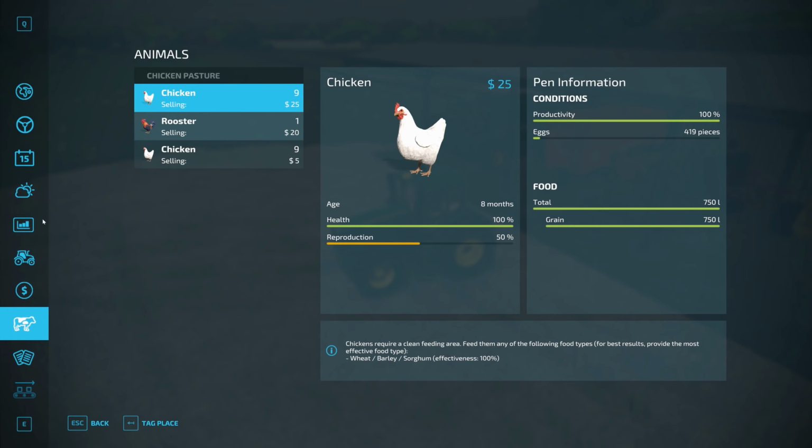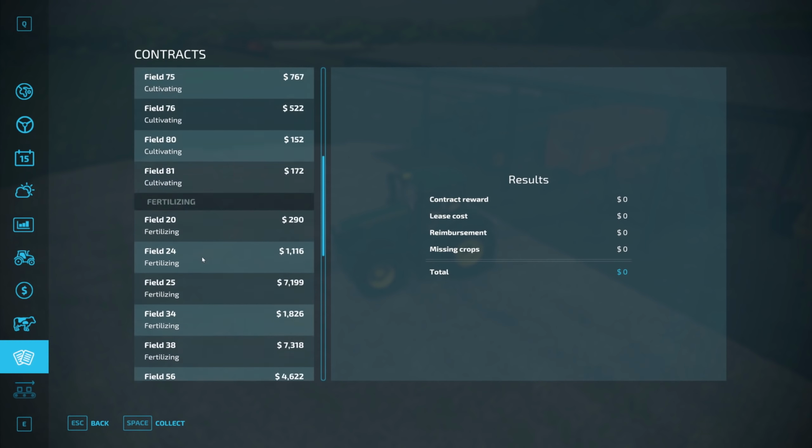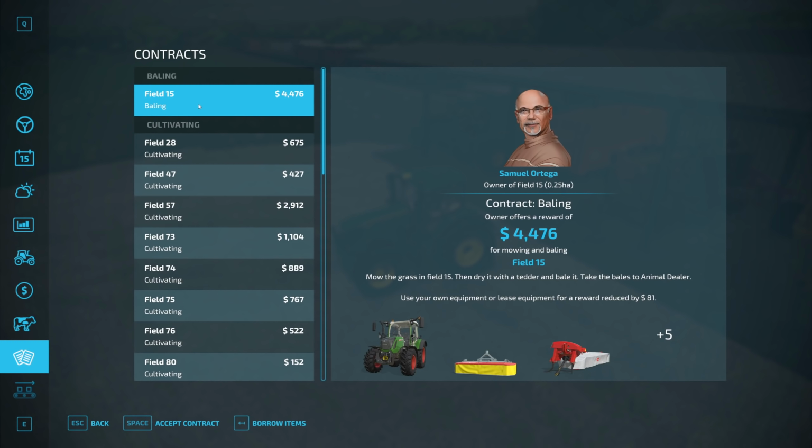All right, let's go back into the contract page. Is there any baling contracts? And if so, let's go ahead and get that out of there. Field 15. Well, they're only paying... I don't want to say only paying me $4,400. The field that we did a few episodes ago, they paid us like $6,000 something, and that was a small field. So field 15 is going to be rather small. And the low number fields are up here. 15 is going to be...